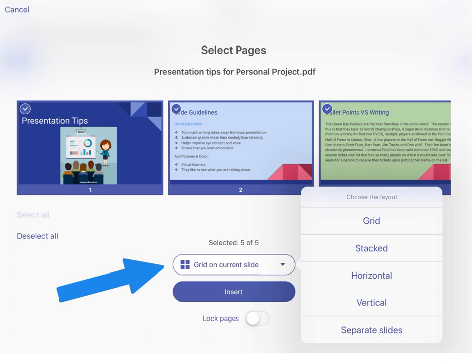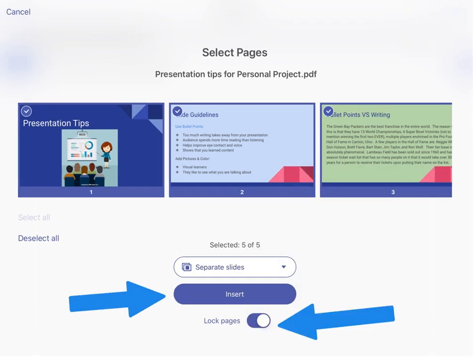Okay, so you need to click the lock page. So notice this one right here. Lock page is not on. Then you need to click that insert button, but before you do that, make sure that you click that lock page button, and then it's going to be super helpful for you. Because that way, if you do a 2-finger, try to zoom in or zoom out, it's not going to move that for you at all. So then it just gives it to you, and you don't have to worry about messing it up by moving it when you're in the middle of talking or trying to draw on it or things like that. Okay, so click those two things, make sure that lock page is on, click that insert,